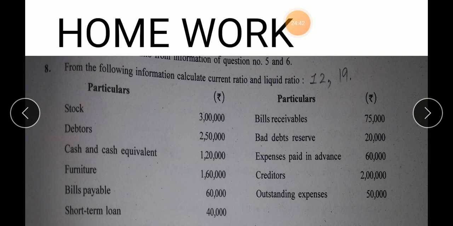Yes, the first topic that we have completed is profitability ratios, actually. 4 ratios in it. Second is liquidity ratios, the 2 ratios in it: the current ratio and liquid ratio. Yes? So you will write down the formulas for liquidity ratios at least 5 times to memorize them. And also you will write down the formulas for the previous ratios that we have completed.